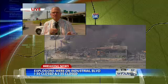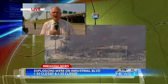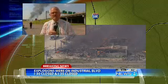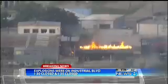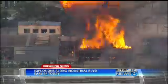Sectioned off so the truck can deliver certain amounts of acetylene to different customers. What we saw happening was each separate tank within the big tank burning off, and then the tanks inside the building actually began to explode. Chris? All right. But basically the situation down here right now, again, it's a lot quieter, and we've got an